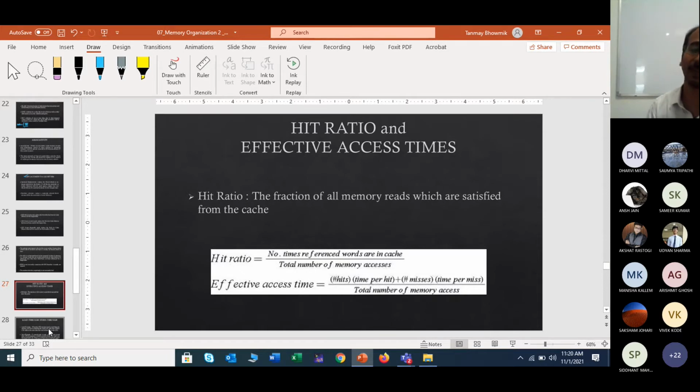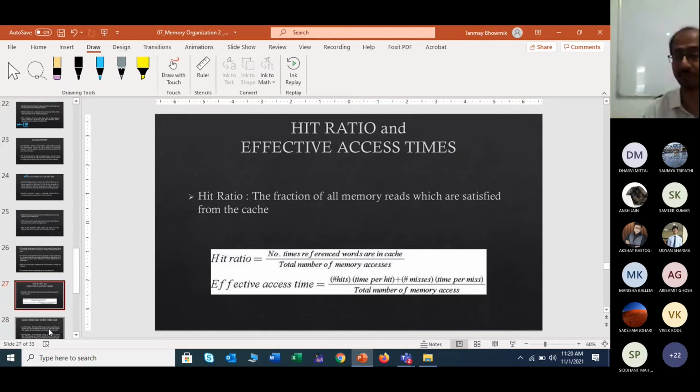So the hit ratio is the number of times referenced words are in cache, that is, the number of hits divided by the total number of memory accesses, which is hits plus misses. That is the hit ratio.